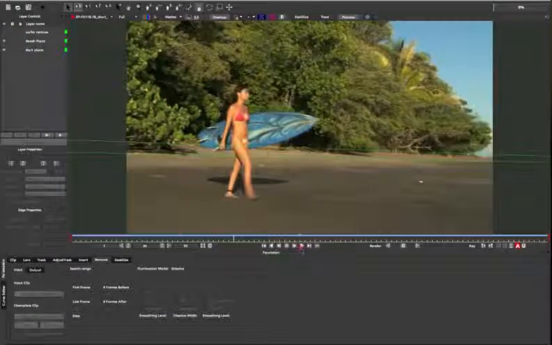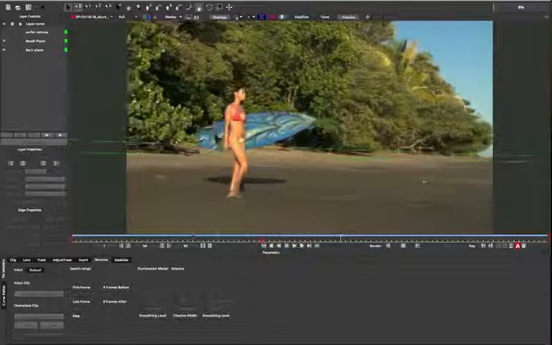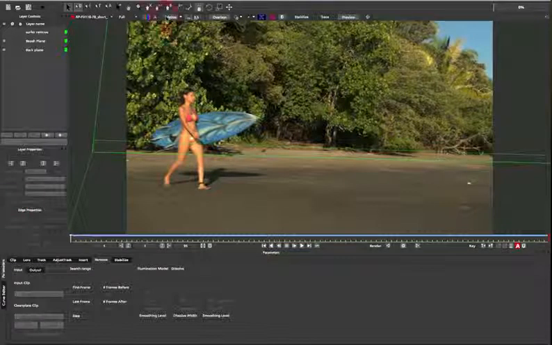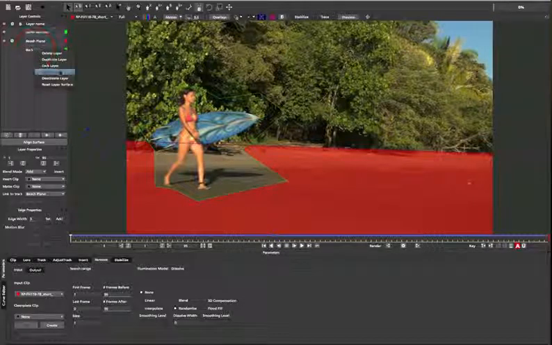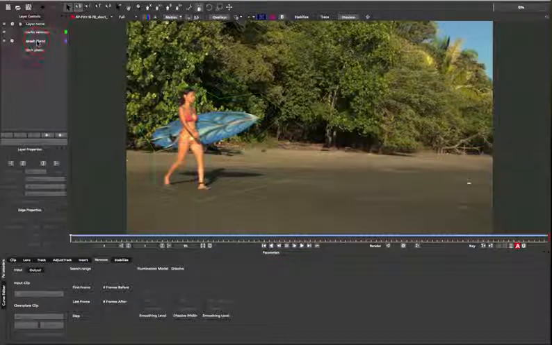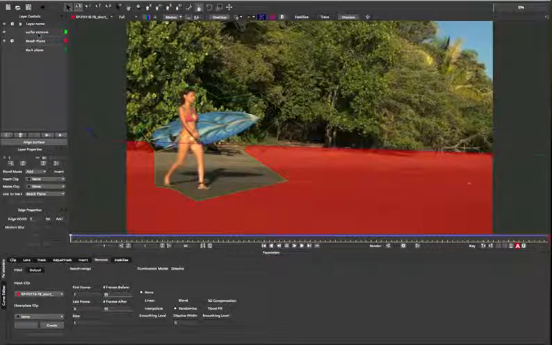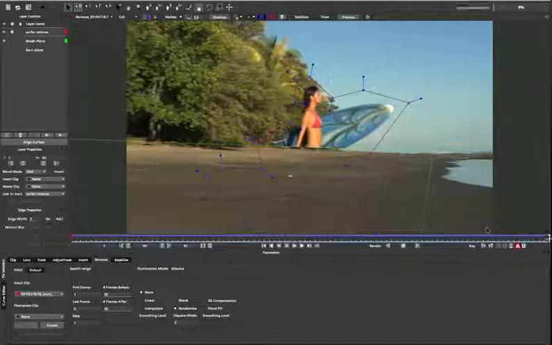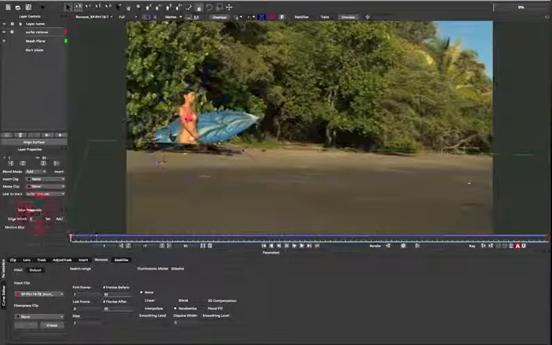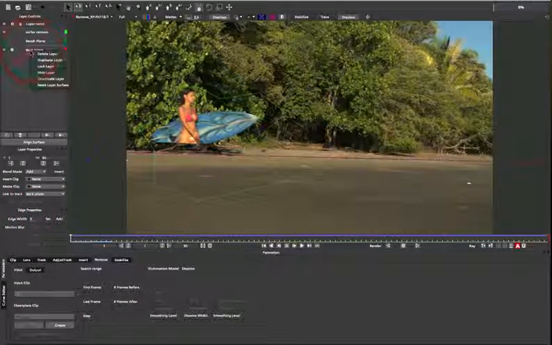Because Mocha is a planar tracker, we have to tell it which planes are which, or your remove will distort and show artifacts. This is where multipass removes come in handy. We simply track each plane with the surfer mask in front, and then we use each tracked part to create a separate remove pass in the output section. We use the beach plane first to cut out the lower half, and then switch to the back plane to